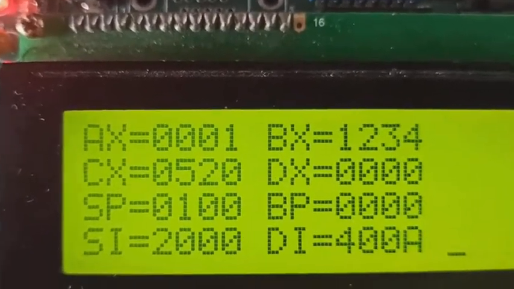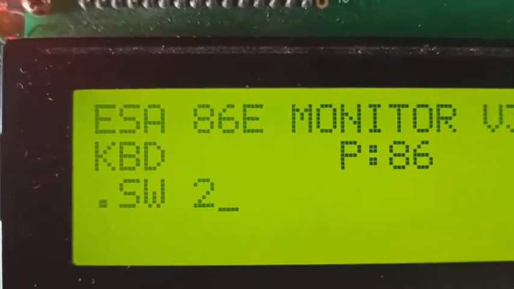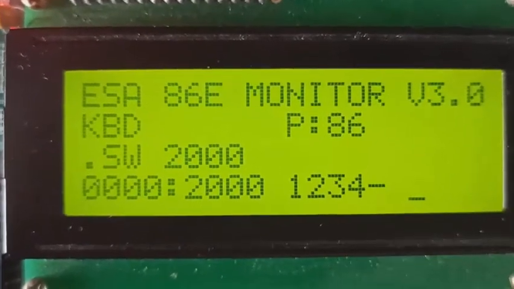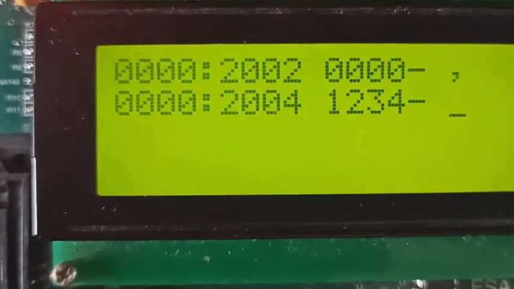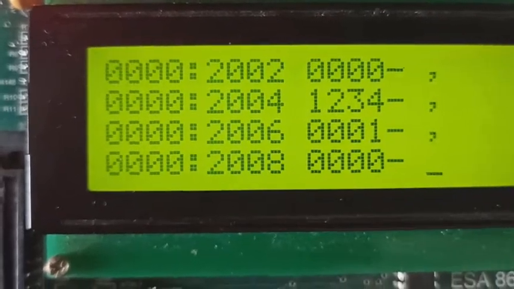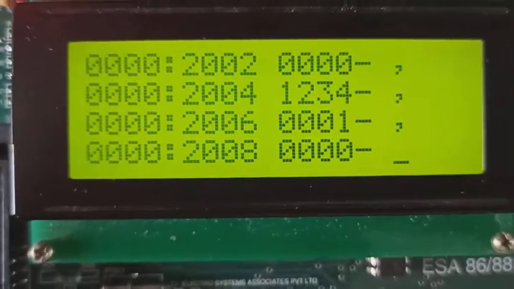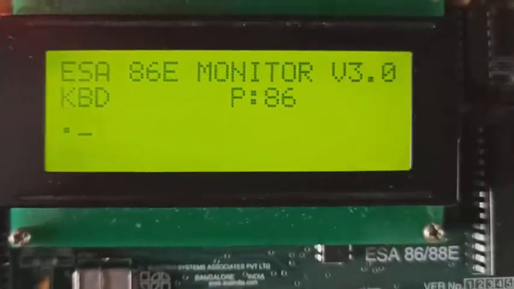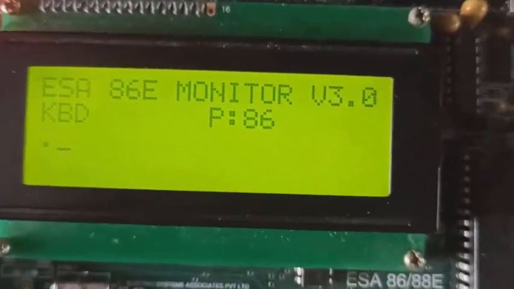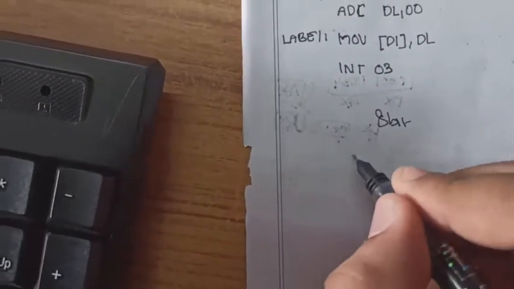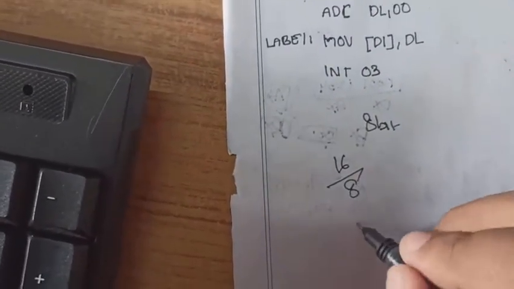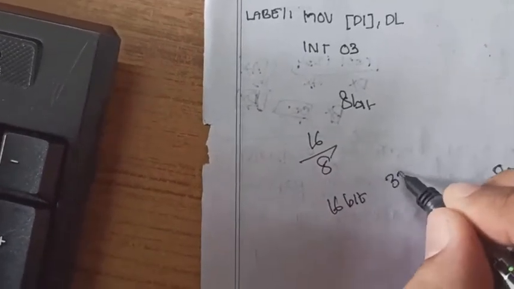The same values are loaded into the memory locations also. If we check, this is the first AX input and the DX 32-bit input. This is the BX register, which is the divisor. The output is quotient 0001 and remainder 0000. As simple as this. So this is about the unsigned division operation using an 8086 assembly language program. The thing to be remembered is, in 8-bit division you are dividing 16-bit data by 8-bit, and in 16-bit division you are dividing 32-bit data by 16-bit.